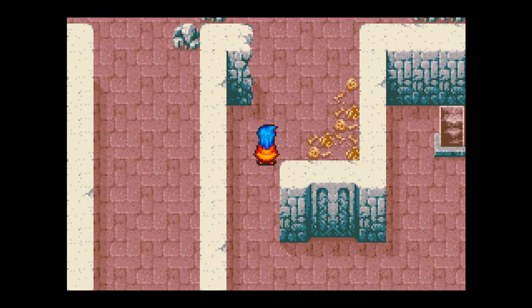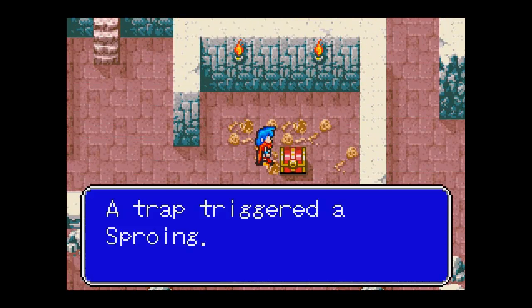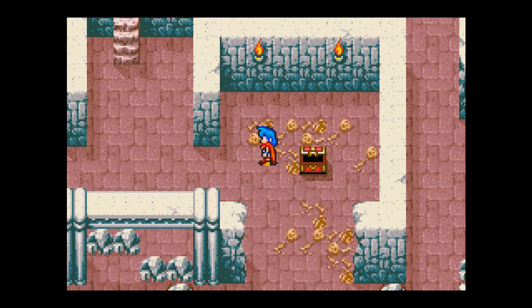And walk around here, and now we've got 2 rather peculiar chests coming up. This one triggers what's called a sproing. It's a type of trap. It's actually really beneficial because it's a free heal. And both of these chests have antidotes, but this one has a free heal. Now this chest is...